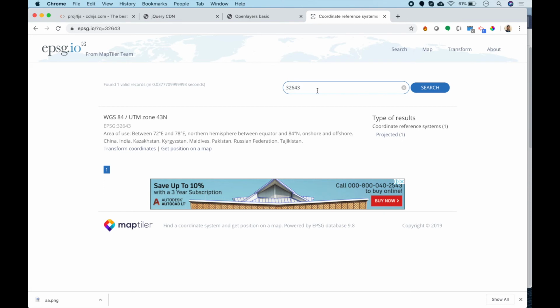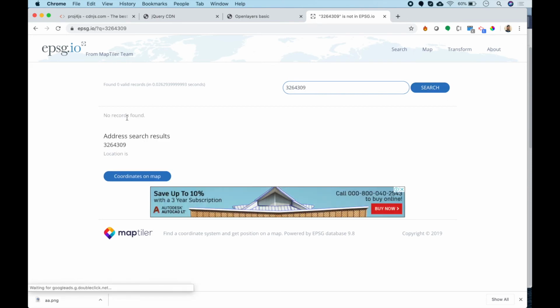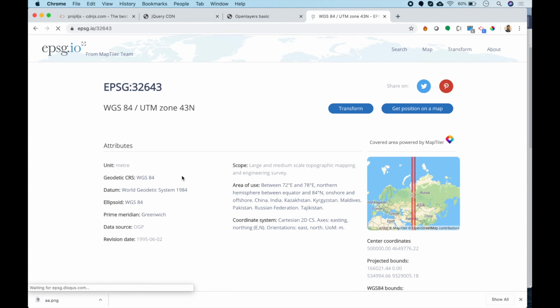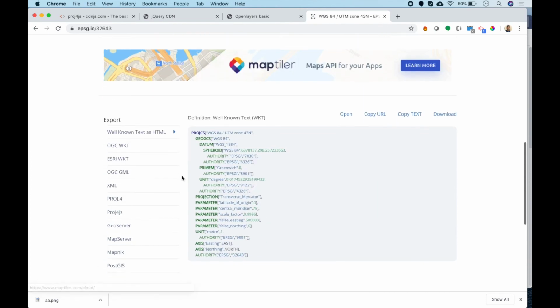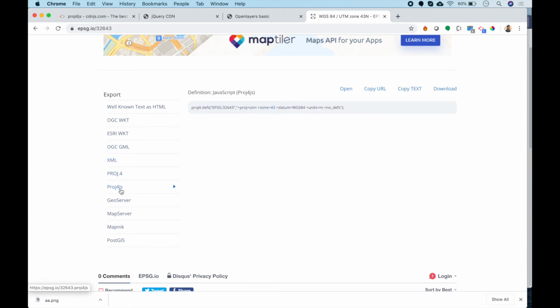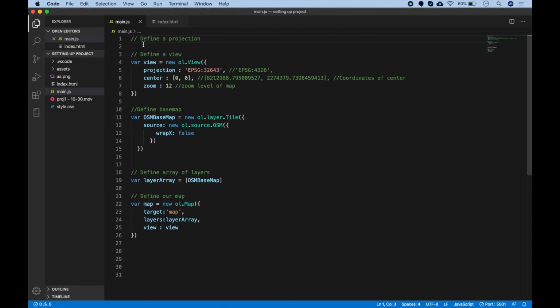If I do something like this, you will see that no result is found. Alright, so I can find 32643 easily, and then if I scroll down I can see different export options available, and we are interested in proj4js, right? So I'll just select this and copy this and get back to my code.